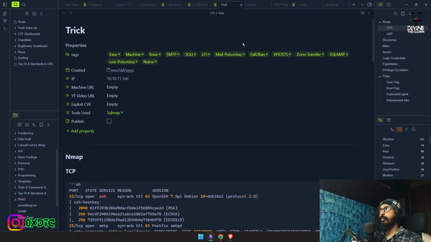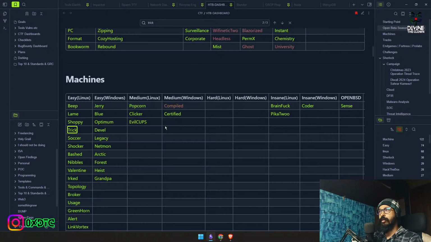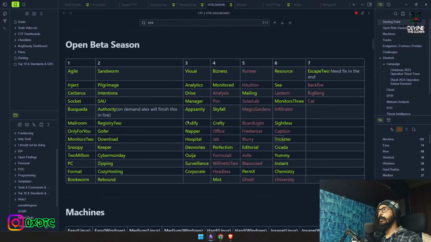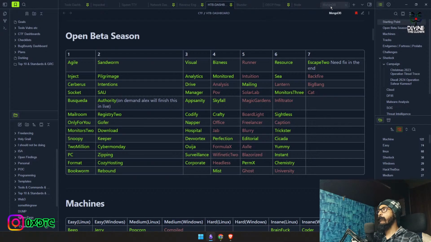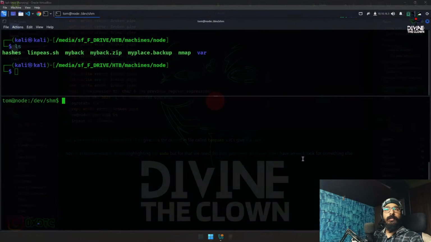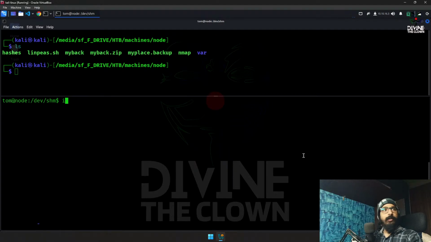someday because it's also part of the threat CCT INF. So we will try it. But for now, let's focus on the node. If I will do ID,